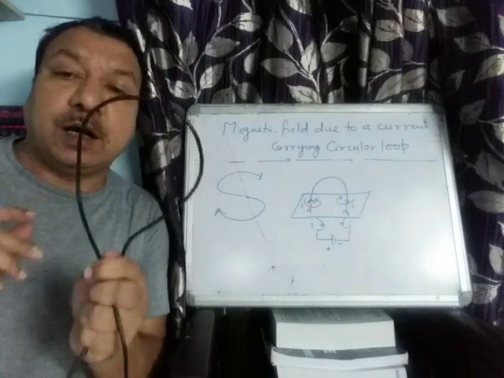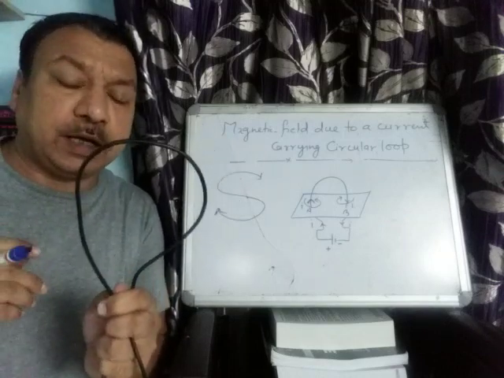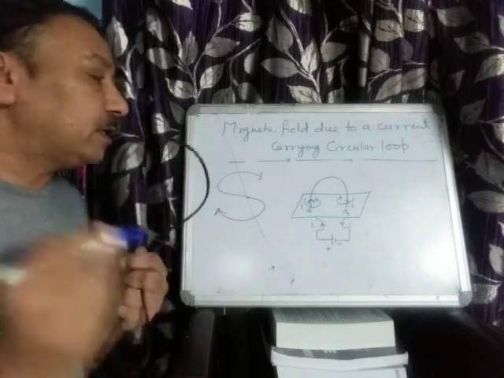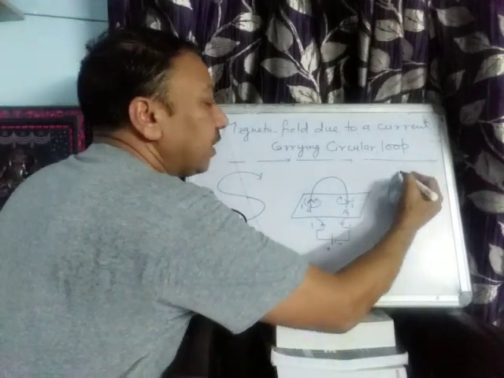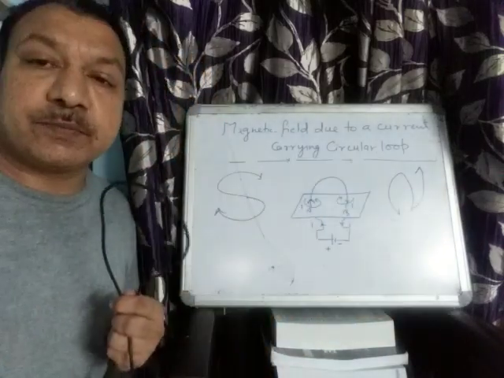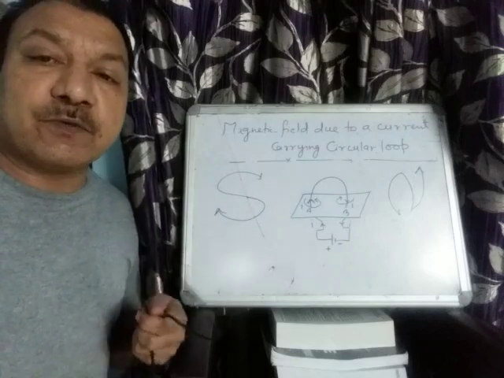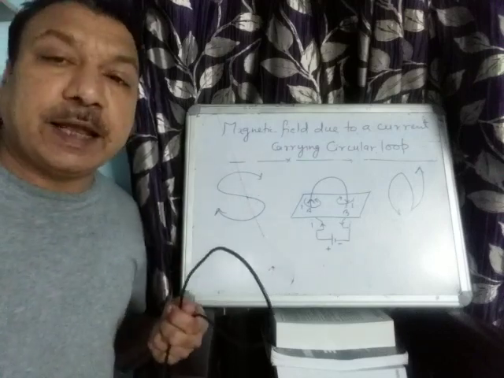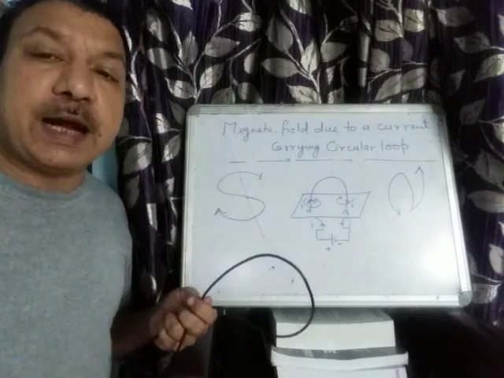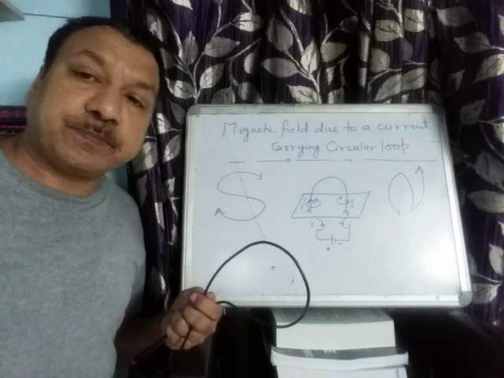You can do this thing by taking a small coil of your mobile. You can understand this. So for me it is anti-clockwise current flowing, and if it is anti-clockwise direction of current, then at that end north pole will be formed. Is that clear? So a circular loop, when current is flowing through it, starts behaving like a magnet. It will have two poles. The front pole will be south pole and the back end will be the north pole. Okay.